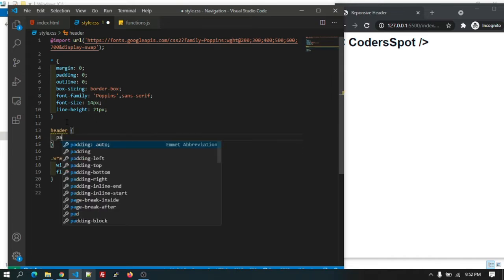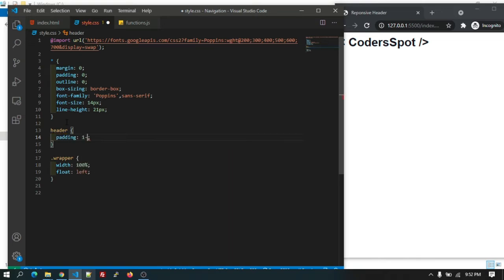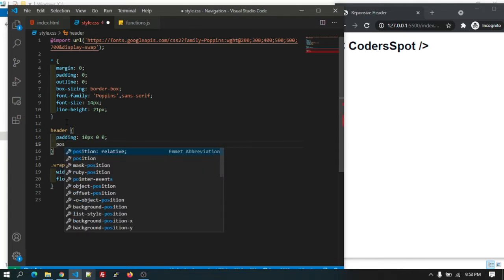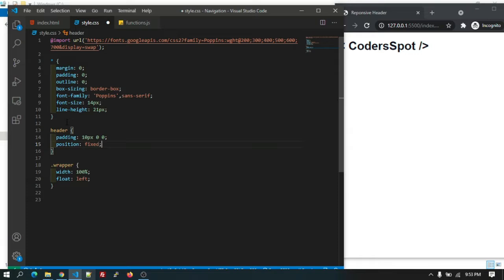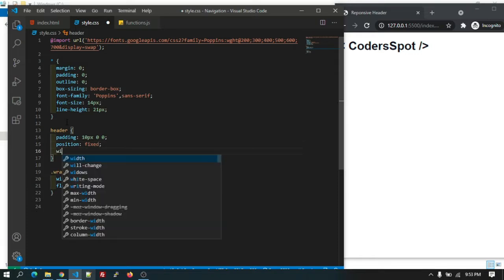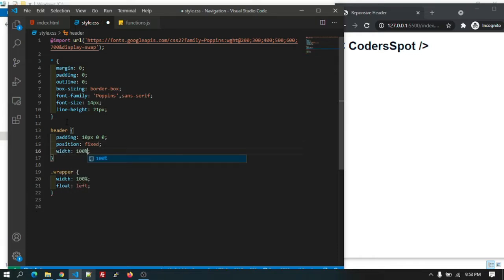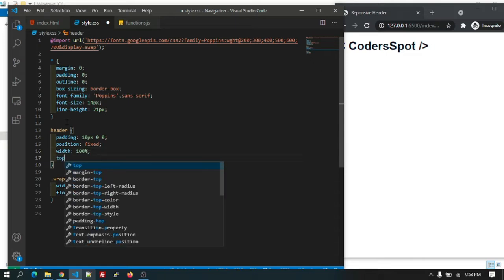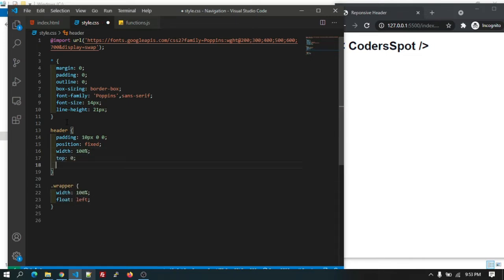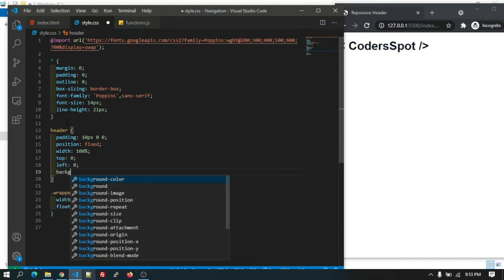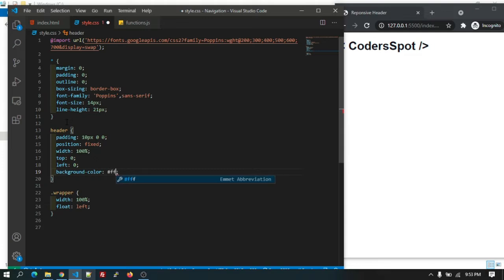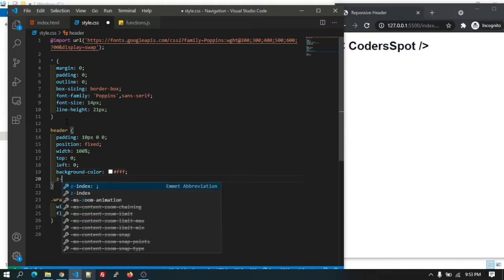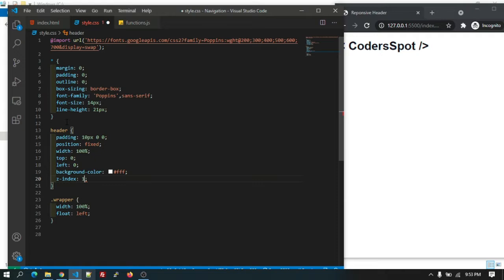saying padding 10 pixel 0 and 0, and position will be fixed, and width will be 100%, and top 0, left 0, background color will be white, and let's give z-index as 1.